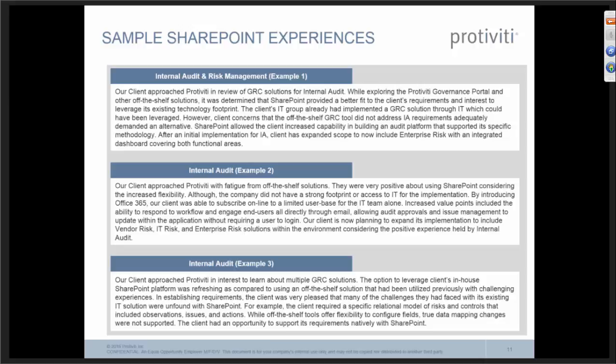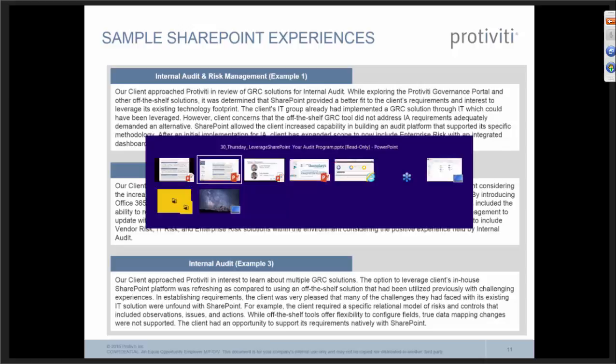And the third one that you're seeing there is another example on the cloud. The organization already had access to 365. The internal audit team just wanted to jump onto that environment. That group actually had gone through an extensive review of off-the-shelf platforms, and their requirements were quite extensive in terms of their need to pull down library data, that's a set of risks and controls and documents and tests that was very, very specific to the type of audits they were performing. Now, off-the-shelf tools do offer an ability to have library data, but the ability to use SharePoint provided them increased flexibility into how that data would be managed and treated as it was incorporated. So just a couple of more specific examples, and hopefully you'll see some more of those relevant points come out